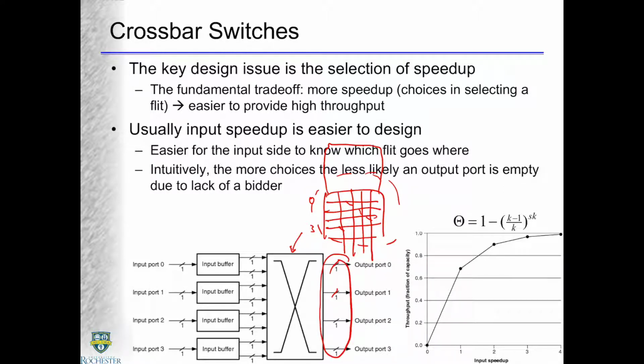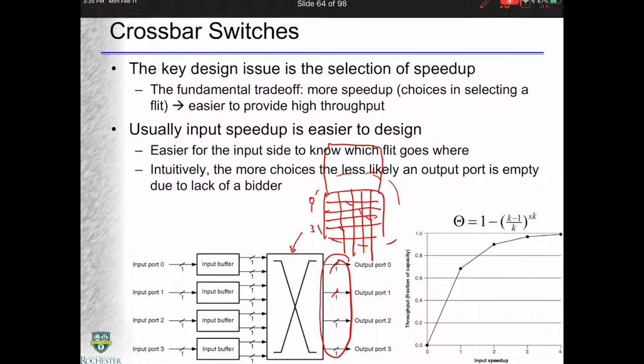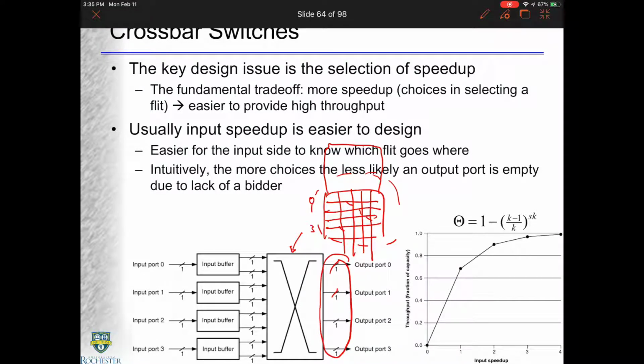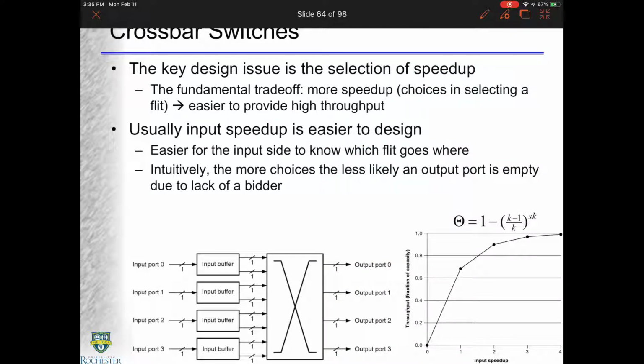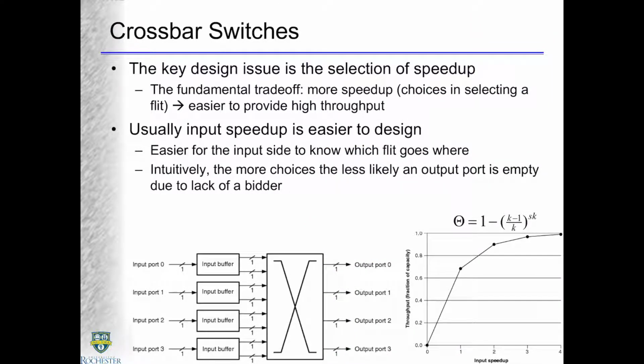Now that's determined by your output port. So why do you have more input ports? Well, it's to give you a chance of making those output ports count, making them occupied, busy. Okay, here's the formula. So suppose I have a 4x4, and assume the 4 input ports each are randomly selecting their output port. So if I look at this output port over here, what's the chance it will go empty,